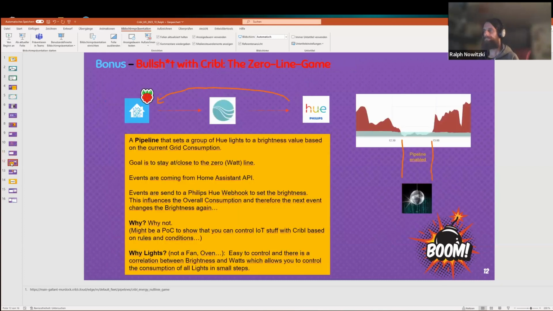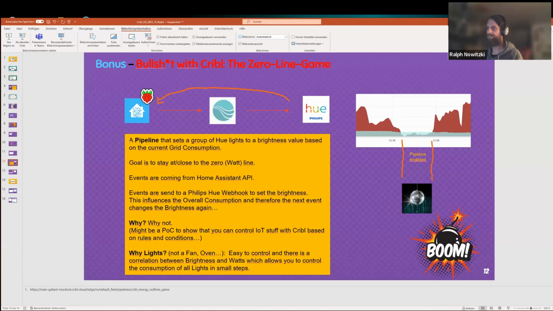And this was, it's pretty bullshit. It doesn't make sense. I don't know how I came up with it, but some in this photovoltaic scene don't like to give out the energy that you self-produce to the energy companies because you don't get money for it. So they do things to consume it or store it in a battery or something. And I came up with this